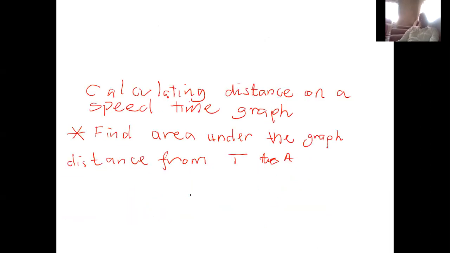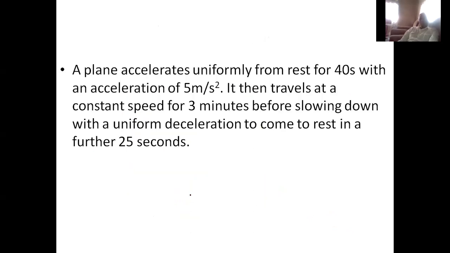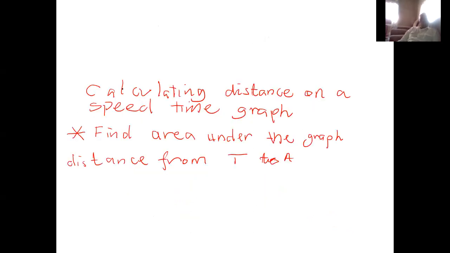And so we can say the distance 1, which is equal to the area under the curve, which is denoted by 1, would be equal to the area of the triangle, which is 1 over 2